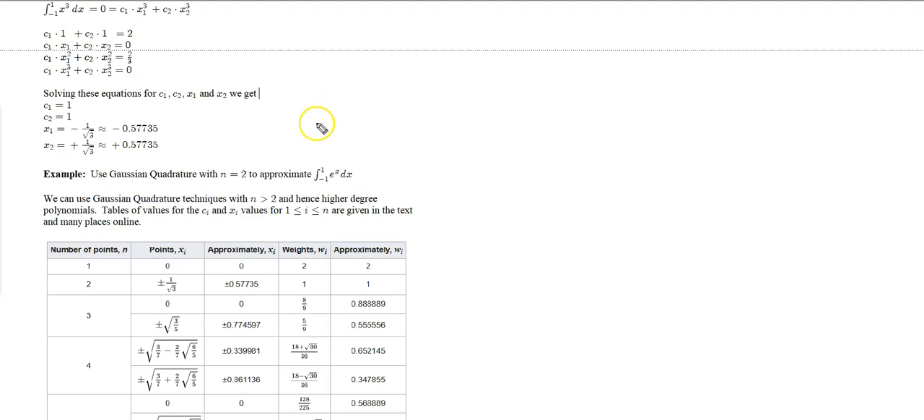Now let's use this technique with n equaling 2 to approximate the integral from negative 1 to 1 of e to the x dx. So what we're going to get then here is our function f of x that we're using is e to the x in this case. And so we have, this is going to be approximately